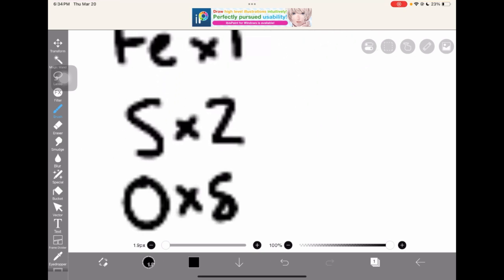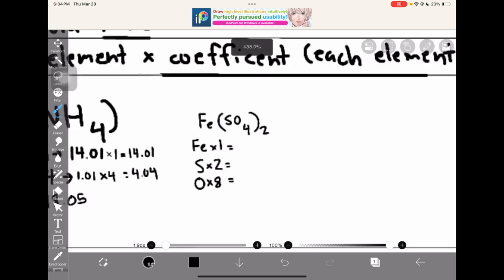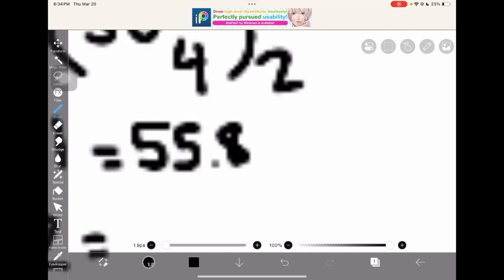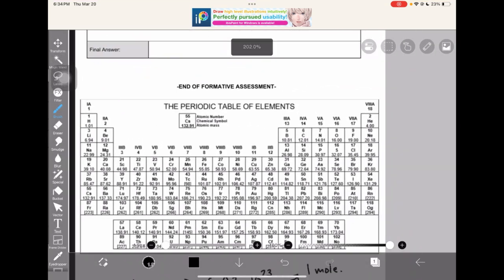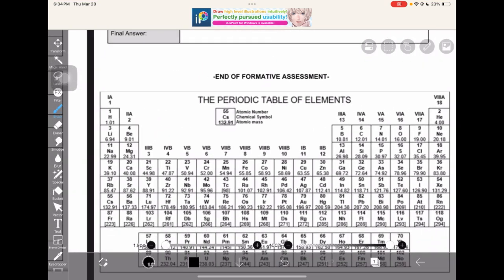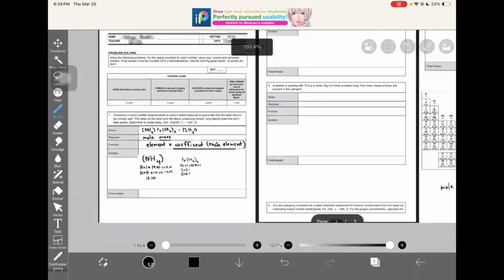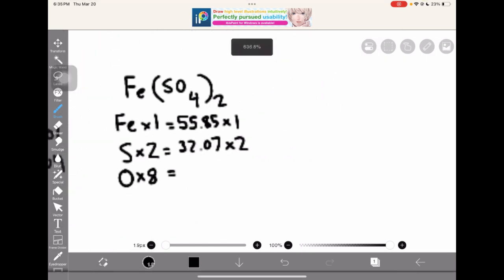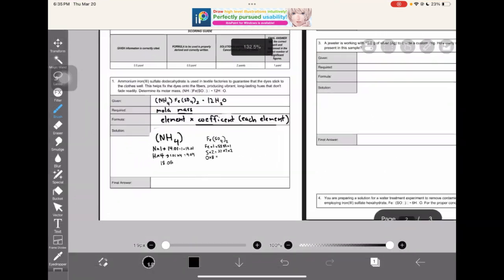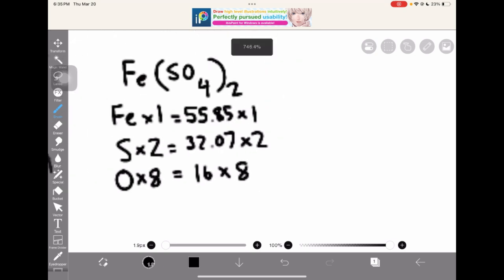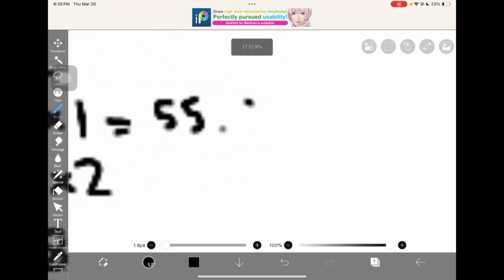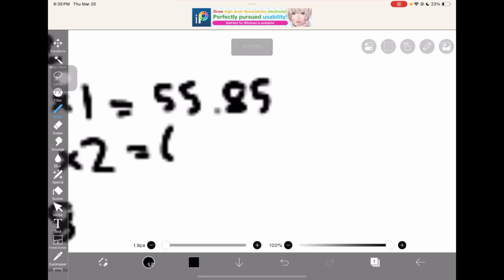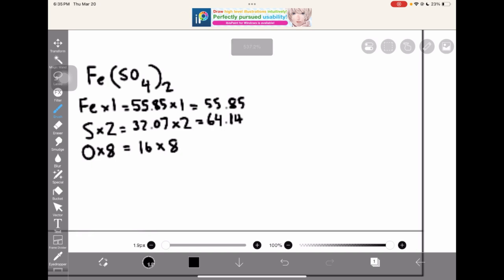So oxygen times 8. Once again, let's quickly find our individual molar mass. Okay, iron is 55.85 times 1. And then we got sulfur. Sulfur, where is sulfur? There, sulfur, 32.07, times 2 because we have 2 of them. And lastly, oxygen over here, that's 16. So just 16 times 8. Then that's all added up. So we got 55.85. Plug it into the calculator. We got 32.07 times 2. That's going to be equal to 64.14. And lastly, 16 times 8. That's just equal to